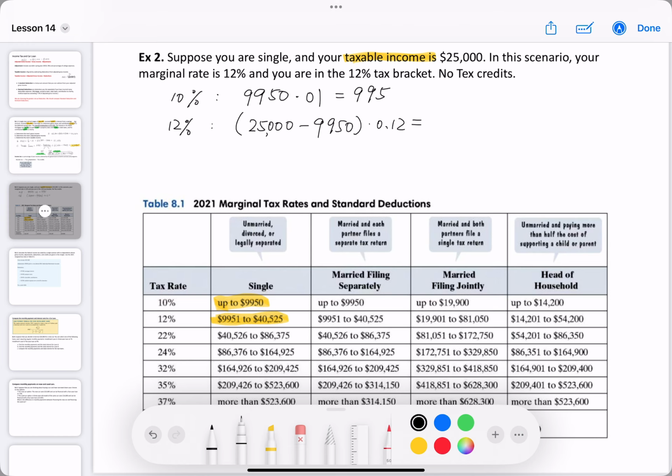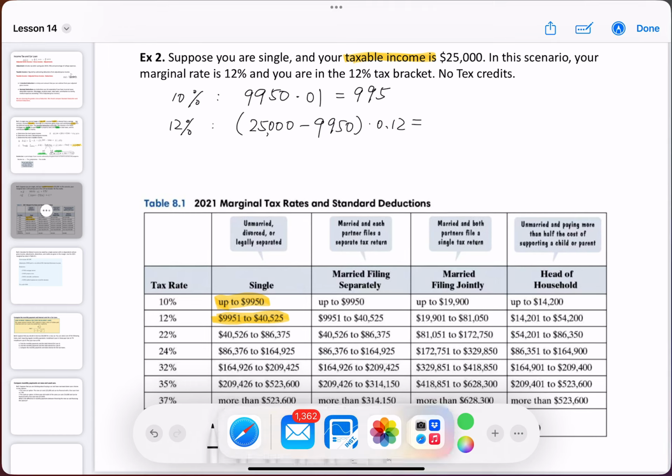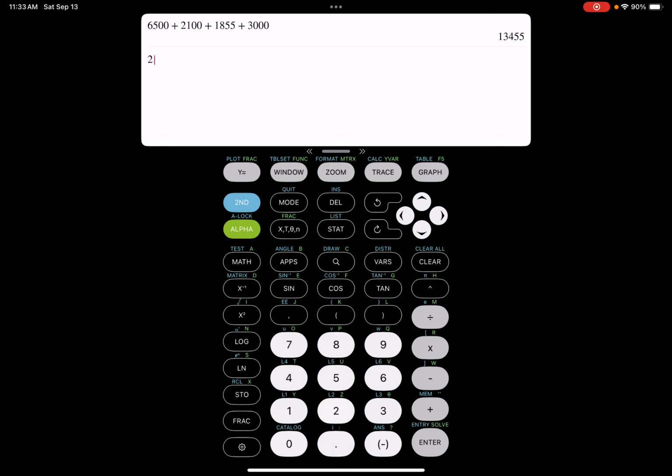And then we can use our calculator. Parentheses, 25,000 minus 9,950, close parentheses, times 0.12 is